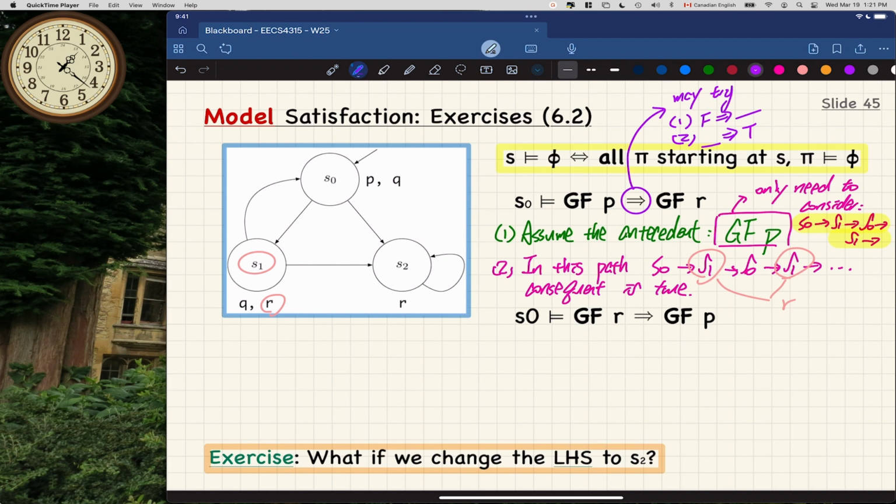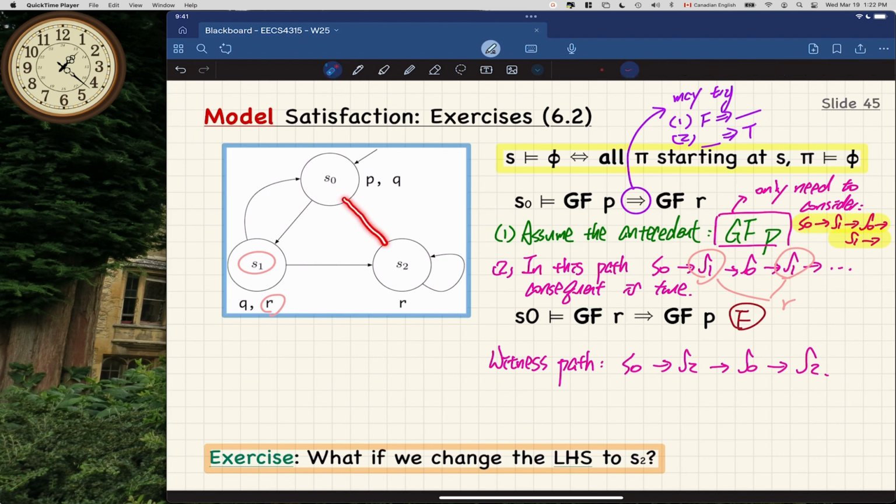All right, this one here is actually false. So the witness path is S0, S2, S0, S2. Because on this path, once you get to S0, S2, you just get stuck over here. Let me make it more explicit. You basically got this one here, and then you simply got stuck right here. So once you get there, you can see for all the states, infinitely often R is definitely true. Absolutely, so that's true. However, you never get a chance to satisfy P, no way. So that will be false, right?